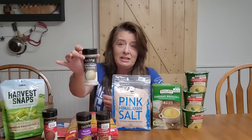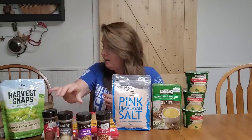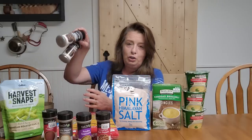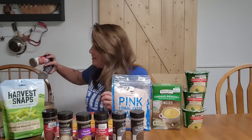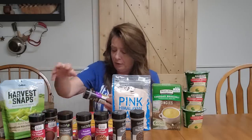I do grow garlic, but for $1, it's definitely a good deal. And these are nice big containers. This is 7.5 ounces in there, so you can't beat that really for $1. And then 2 of the ground black pepper, because pepper is wonderful. It has great antioxidants, super good for you, and we put it on just about everything we cook. We really enjoy it. And the next thing I grabbed, I got another of the crushed red pepper and also